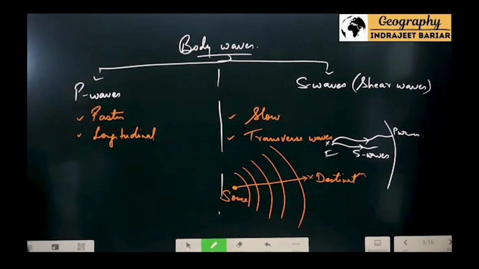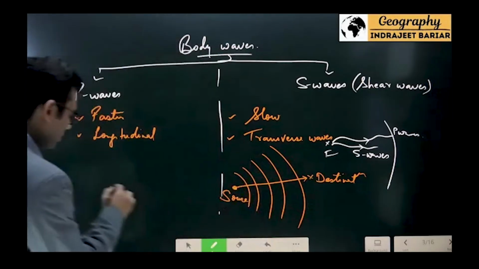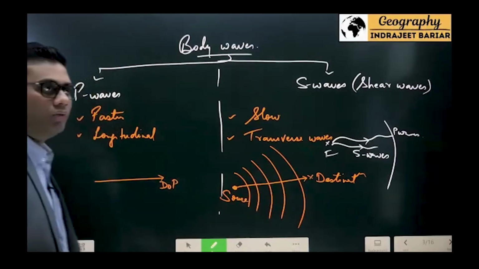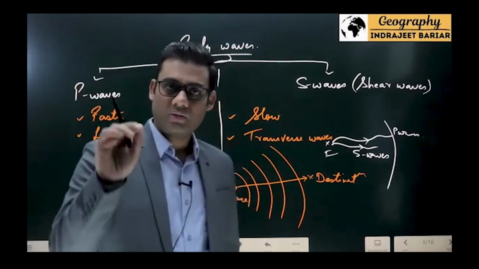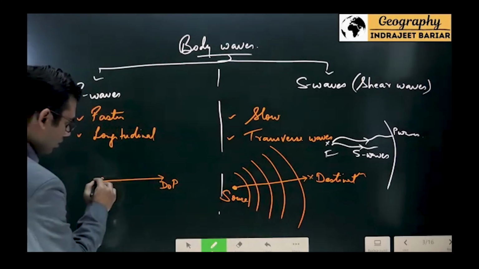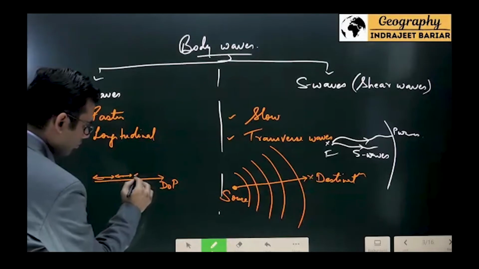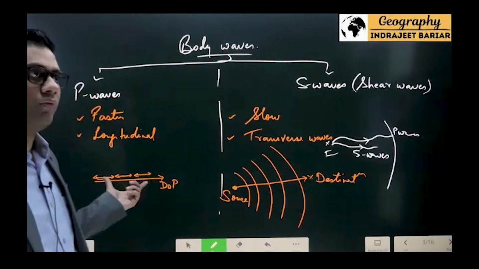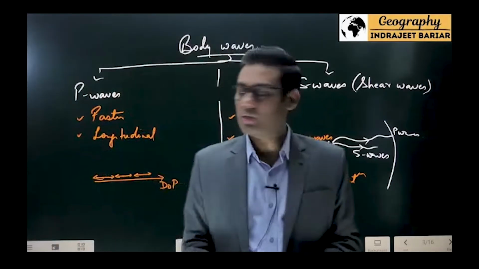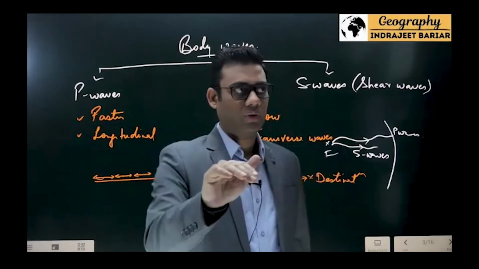So when we say longitudinal or transverse, the idea is, if I identify the direction of propagation as this, the particles in this particular case of longitudinal waves vibrate like this. This is the direction of vibration. Which means in this case, the particles vibrate in the direction of propagation of the wave.